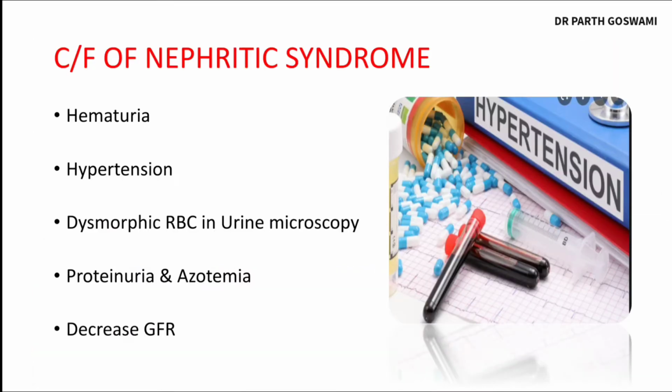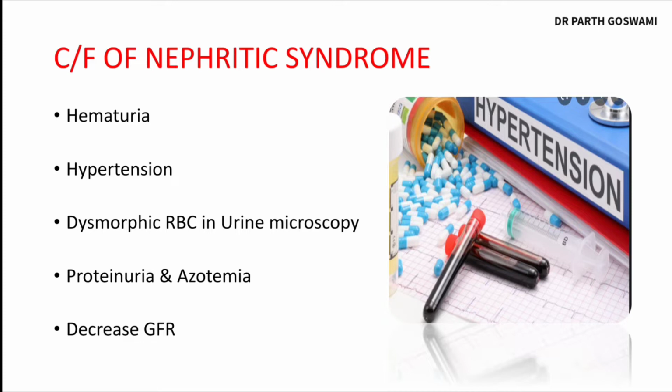So we will discuss the clinical features of all kidney diseases according to the type of kidney involvement. First we will talk about the clinical features of nephritic syndrome. The nephritic syndrome group consists of inflammation of the kidney, in which we have talked about rapidly progressive glomerulonephritis, acute proliferative glomerulonephritis, and post-streptococcal glomerulonephritis, right? We have discussed all that in our previous lecture.